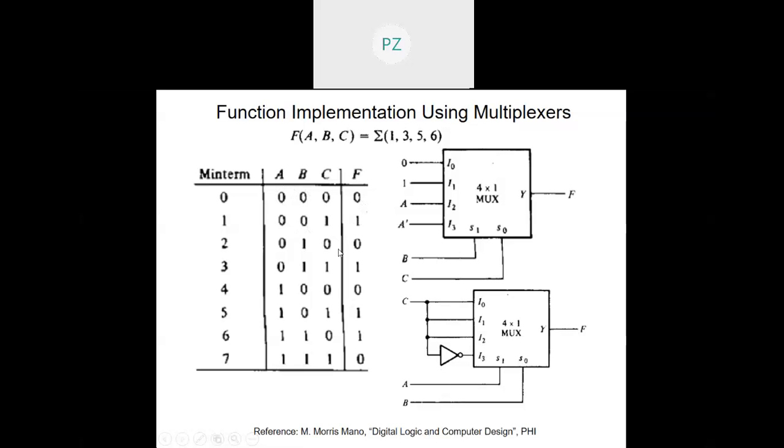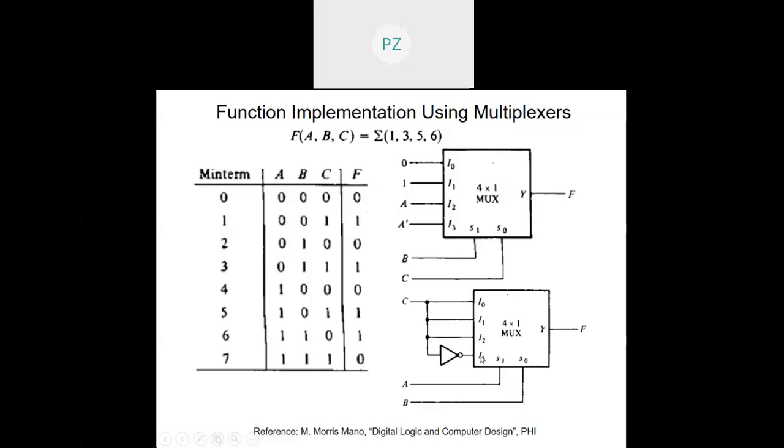0 1, sorry, these are the two conditions, 0 1 0 1. I am getting C only, so I connect C to I1 also. 1 0, these are the two combinations. I am getting again C, so the third line, that is I2, will also be connected to C. Now 1 1, which means I3 being directed to the output, I see that this is the complement, so I complement or invert C and supply it as I3.